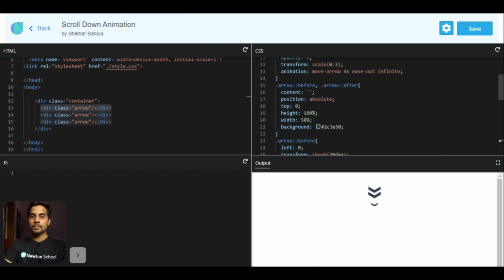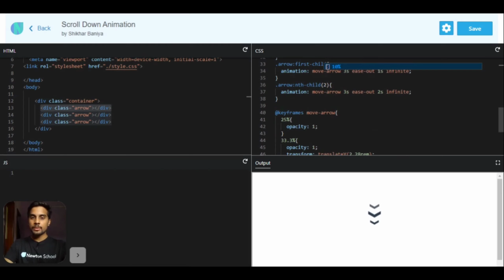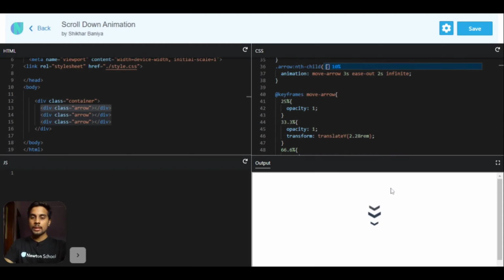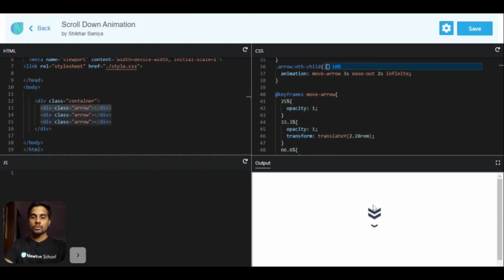Let me add a margin top so that you can see it as well. Let's say 10%. So as you can see, at 25% the opacity is coming to 1. Now at 33.3%, it is transforming and translating along y-axis at this value.